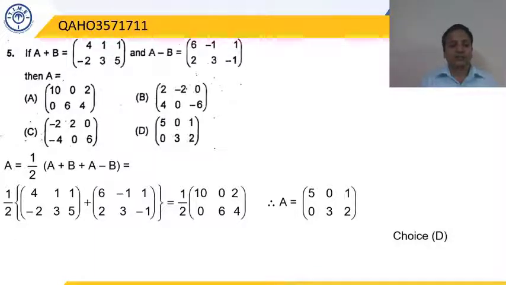I hope this is clear. A basic question like this can be done mentally. There is no need to write so many steps; you can directly get the answer and the choice. For example, you simply know you have to add these two matrices and divide by 2. Then the first element is 4 plus 6, 10. 10 by 2 is 5. 5 is there in the first row, first column only in a single option, so straight away it can be marked. But that is only if you are not making any errors. If you are making errors, then you are never sure, and you have to solve the entire part. That depends upon you. It can be done straight away without using a pencil, or in a single line. So, moving to the next question.